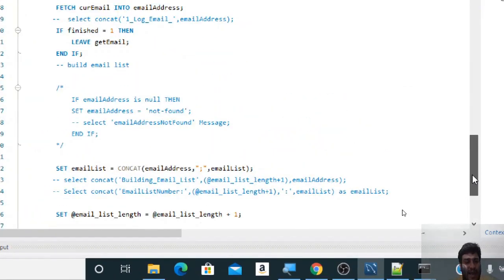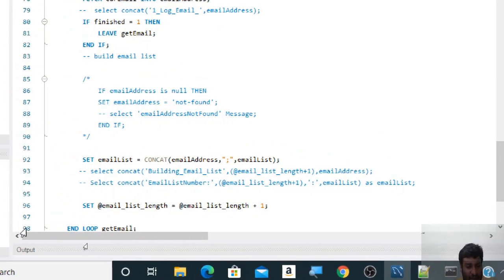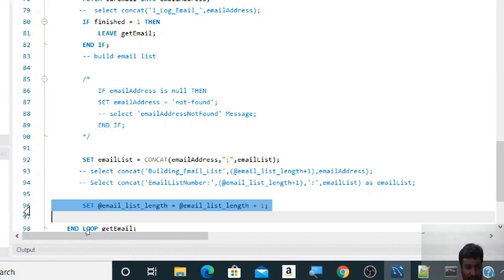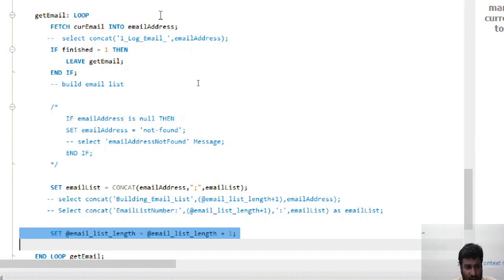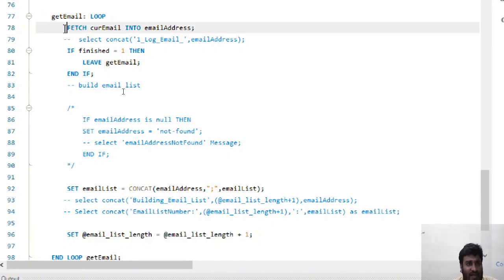So let us go back and see the loop, only the loop. The loop ends at line number 98, but the last statement of the loop is 96. So we have the entire loop over here from 77 till 96. Let us see line number 78. We are trying running it, right? We created the cursor, we opened the cursor. CUR email is the cursor, and the cursor is pointing to the first row. In this scenario, we have made this cursor of a table which was select email from employees. So it would have selected only the emails, no other column, right?